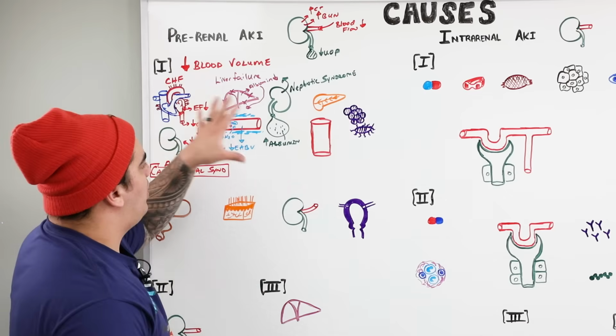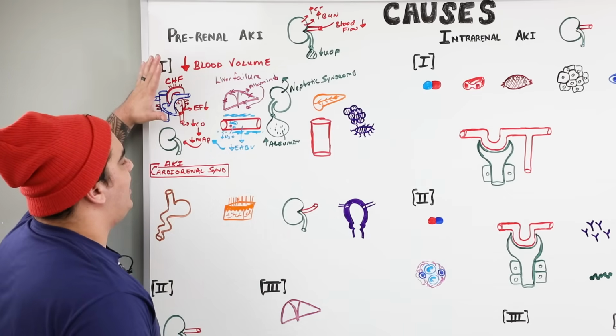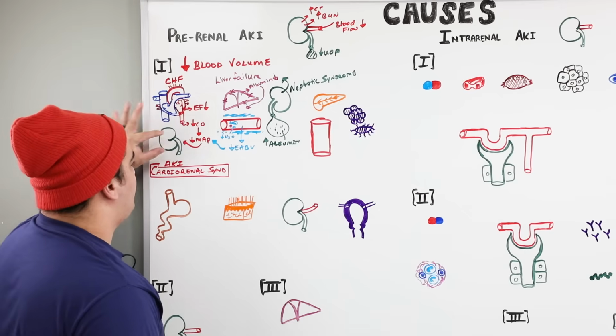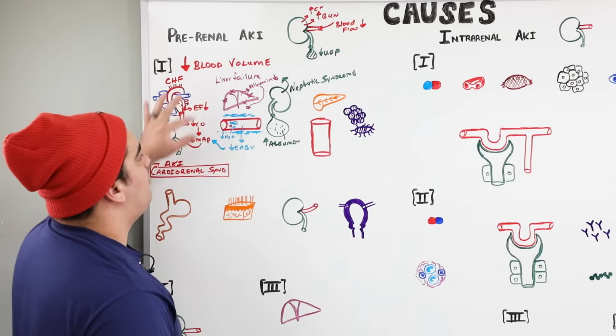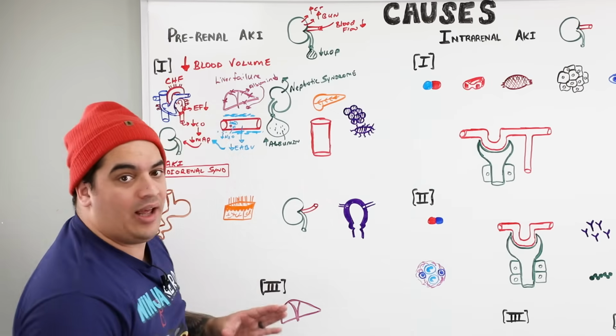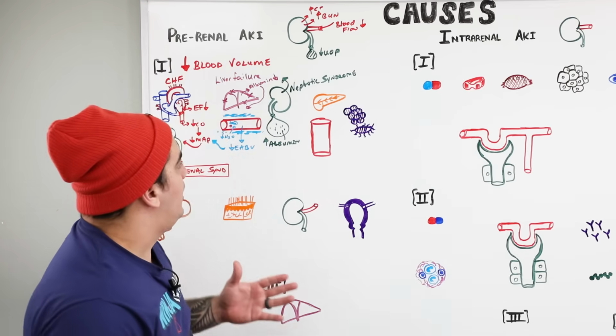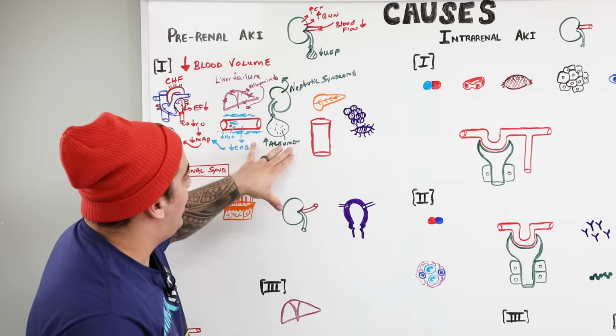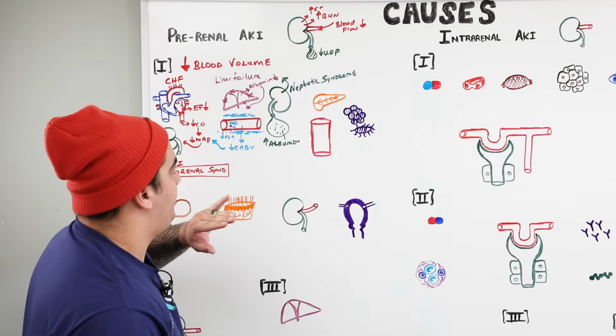All right, so again, just wanted to make sure you guys understand that. So far we have CHF leading to a low perfusion to the kidney, right? Cardiorenal syndrome, liver failure, nephrotic syndrome. These are leading to low albumin within the blood, hypoalbuminemia, right? Whether it be decreased production or you're getting rid of a lot of albumin into the urine.